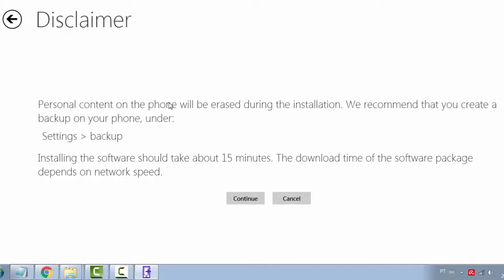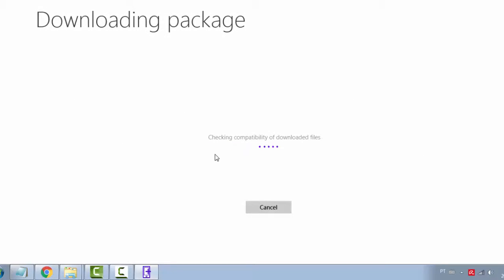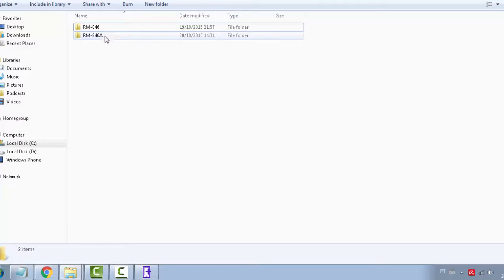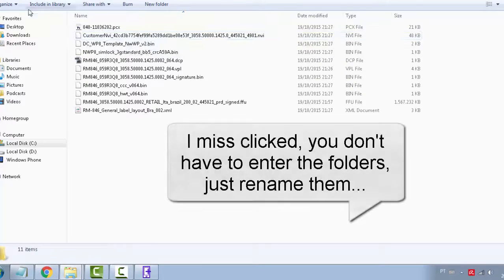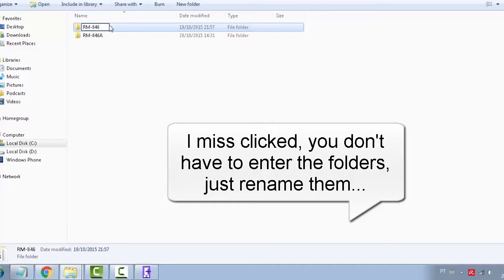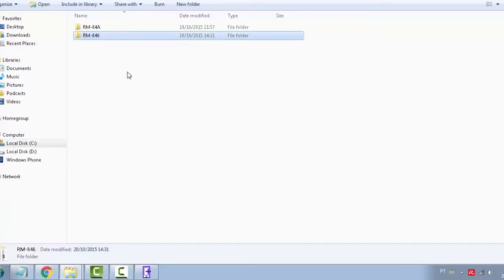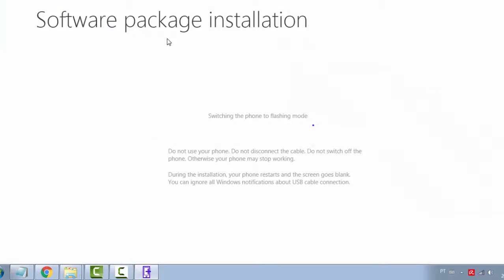Here has some warnings. If you want to make a backup or something like that, you click continue. See, it is checking the compatibility of the downloaded files. Now is the trick. As soon as the message here changes to flashing, turning your phone to flash, you have to go back here quickly, rename this folder here, and rename this folder to the name the software was. And as you can see,